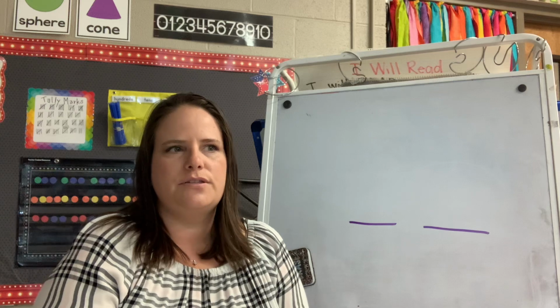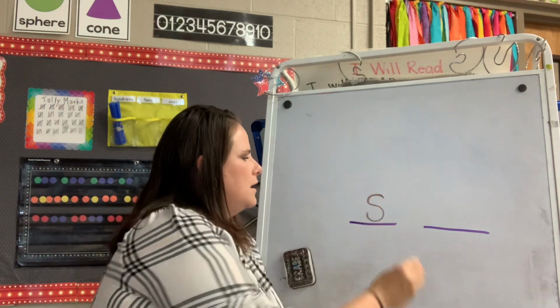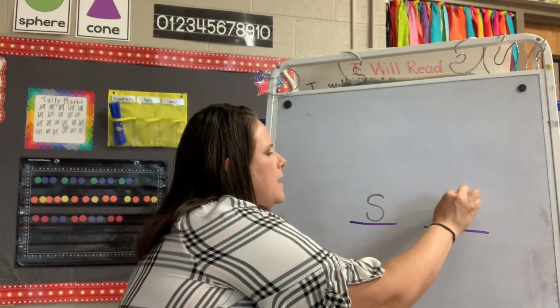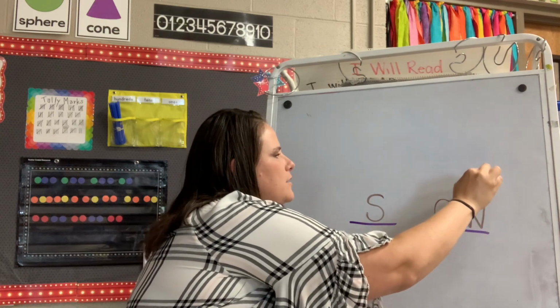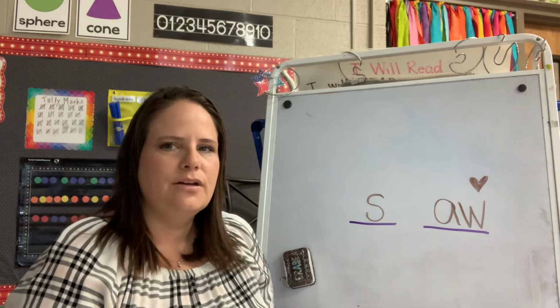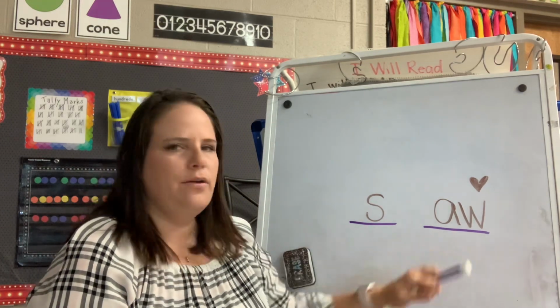Saw. S. I hear s first. S. And then I hear this. This is the heart part in this word. 2 letters make this sound. Remember we had E and E? Those 2 E's together made one long E sound. In this word together, AW says